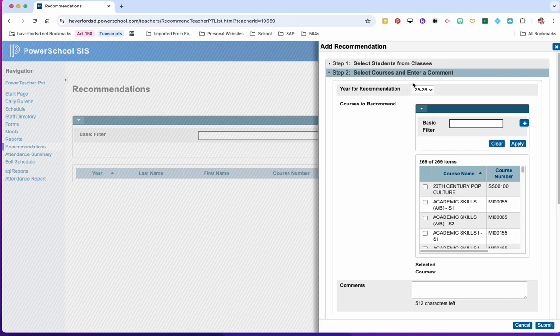Next, make sure you have the correct year that you are recommending for. That should be the future year from the current school year. You will see all the classes that are listed in PowerSchool. You can enter a subject area code, ENMA, SCSS, or PE, or a course name to reduce the number of